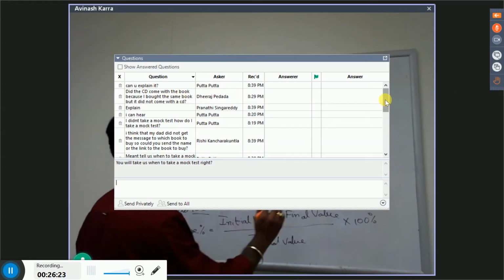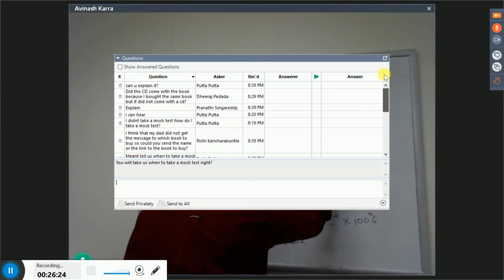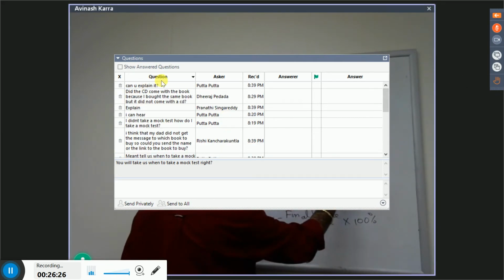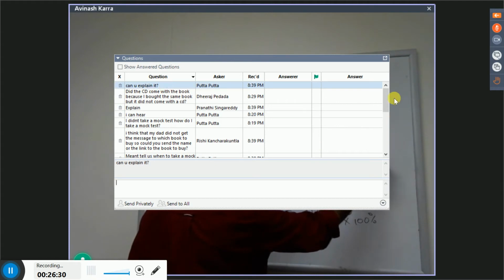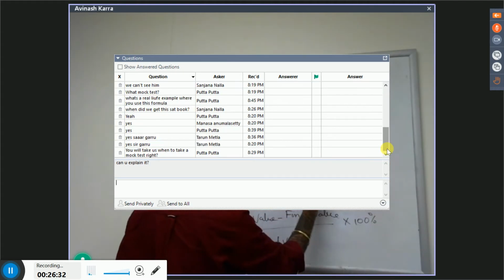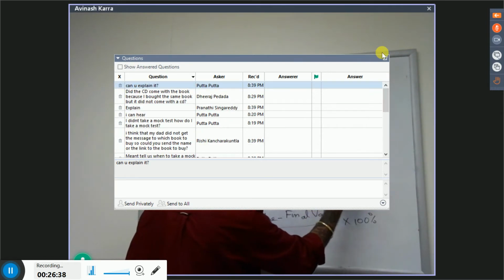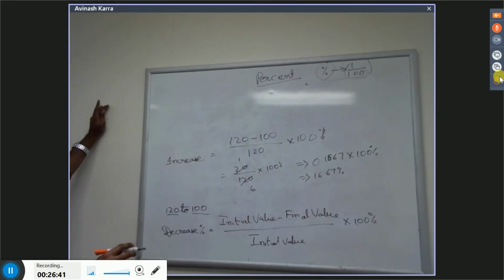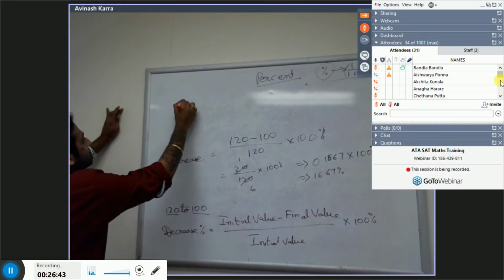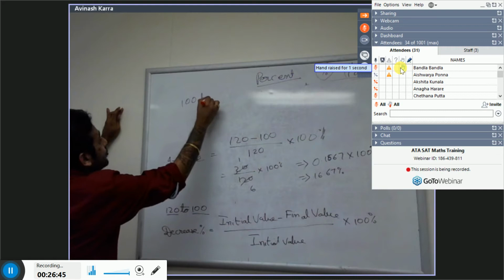Yeah. 0.1667 into 100%. Nothing but 16.67%. See, if you observe, when a number transforms from 100 to 120,